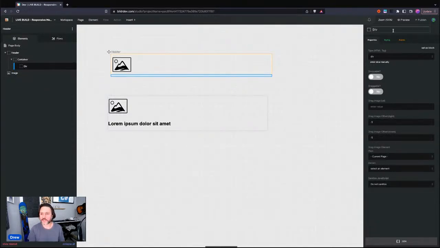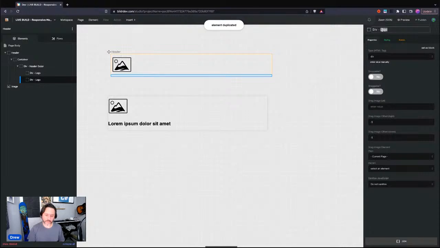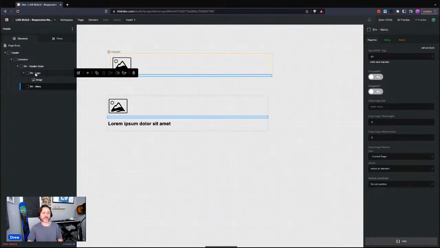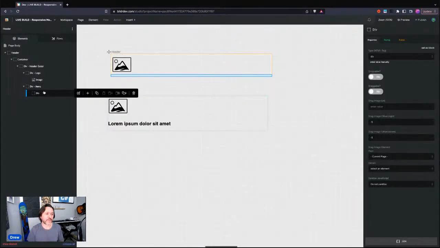So this div here is like the header outer. And again, you can call this stuff whatever you want. I'll add one div here, which will be the logo. And then I'll duplicate that and have this one be the menu. Now I'll move that logo image into the logo div there, and the menu itself is going to be its own div with the menu items in it. And so I might as well just lay one of those out. And I'm doing this all with divs,